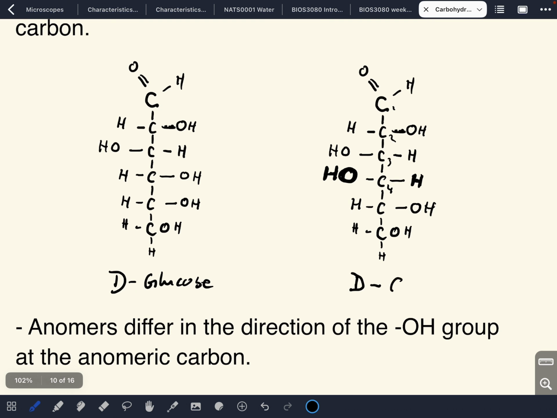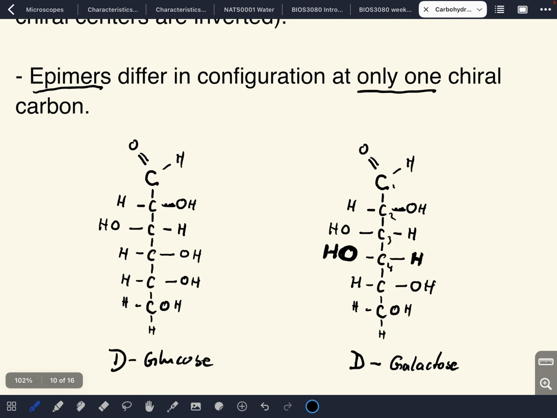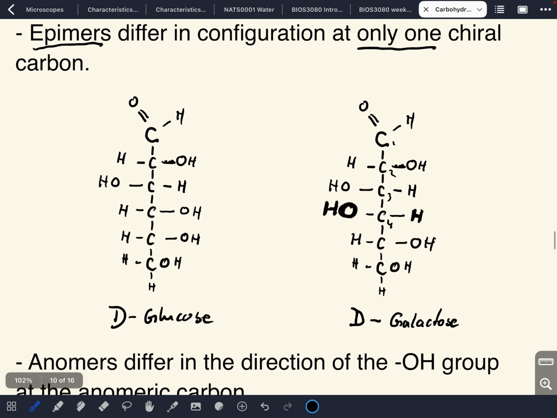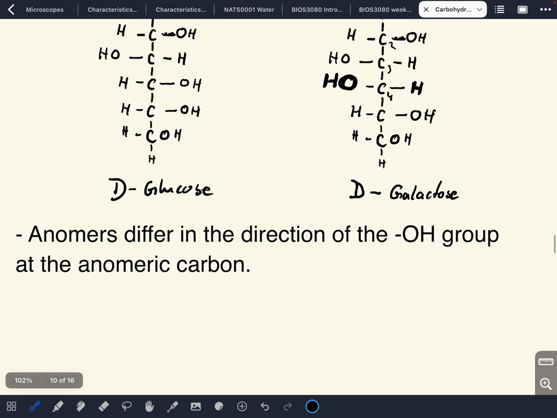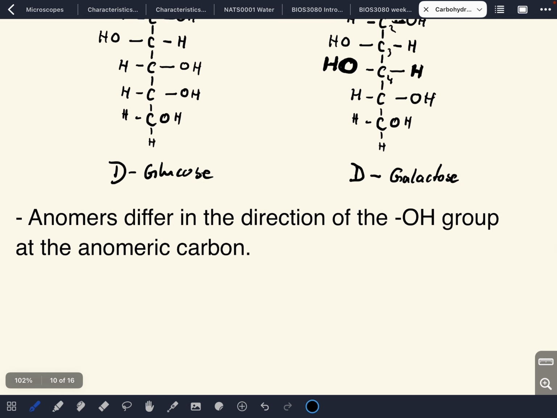It is D-galactose. So a very, very different molecule. It only differs by the position of the OH group on one chiral carbon, but it's a totally different molecule, and it is called an epimer. We can also have what is known as an anomer,